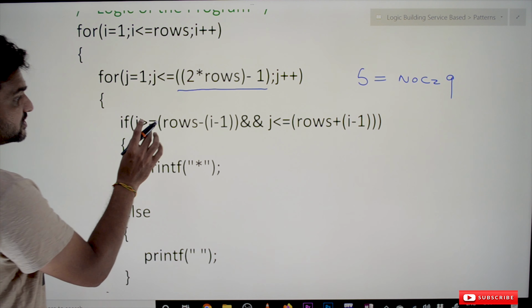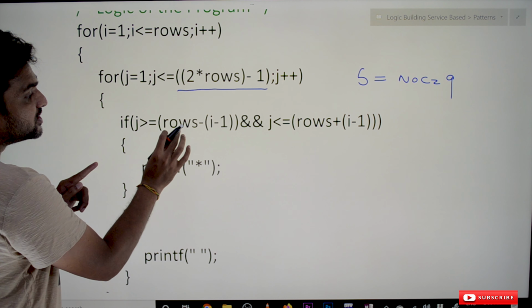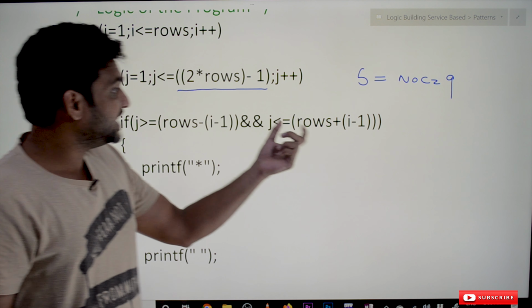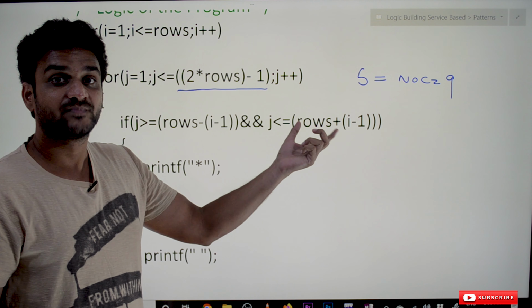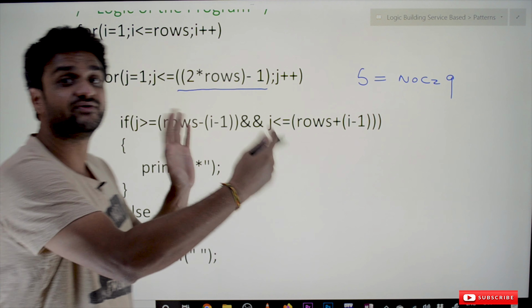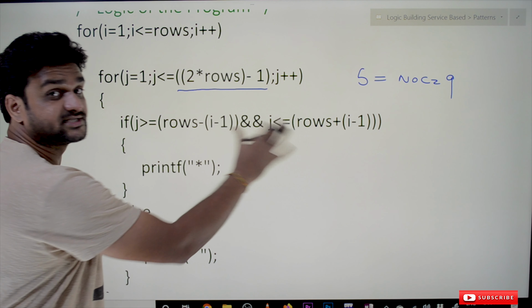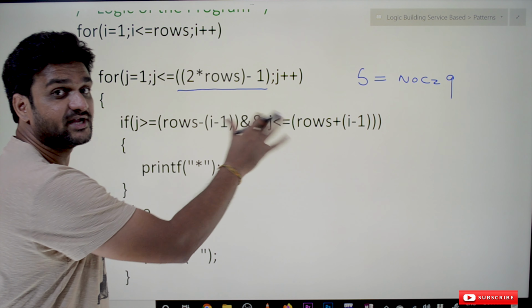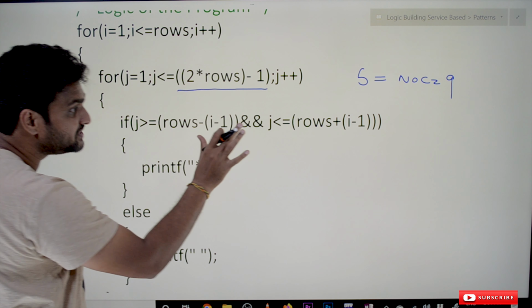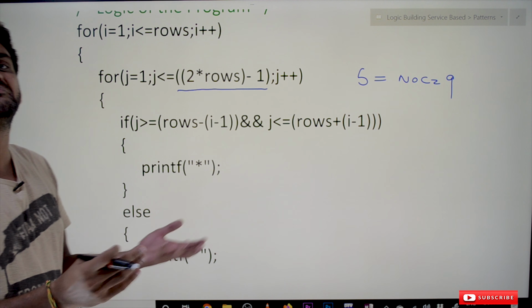Now this if condition states that if j is greater than rows minus I minus 1, this is our start formula and this is our end formula. From here to here, if the value of j is between these two, 4 to 6, 3 to 7, 2 to 8, 1 to 9, if the value is in between these two numbers, we have to print star, else we have to print empty space.